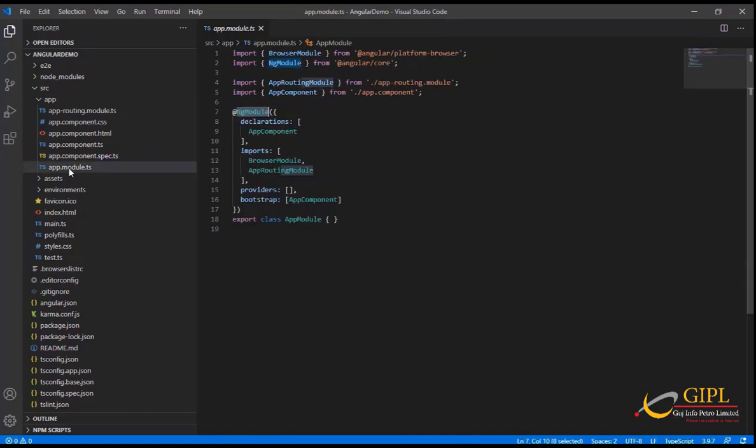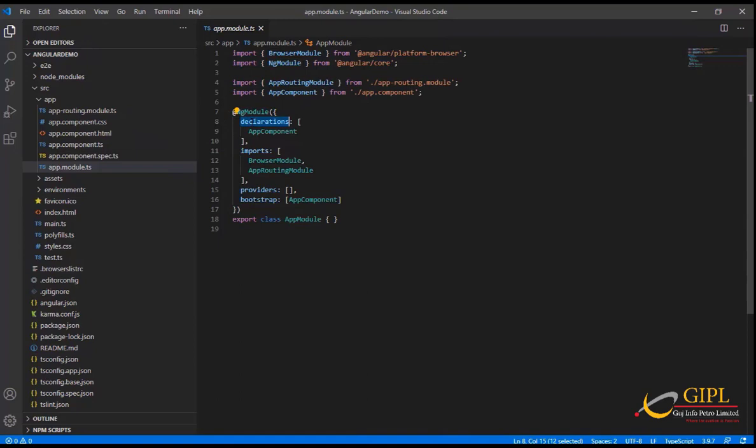However, the app.module.ts file is an essential part of this project, as every Angular app has at least one ngModule class, the root module, which is conventionally named AppModule and resides in a file named app.module.ts. An ngModule is defined by a class decorated with @NgModule. The @NgModule decorator is a function that takes a single metadata object whose properties describe the module. The most important properties are as follows.